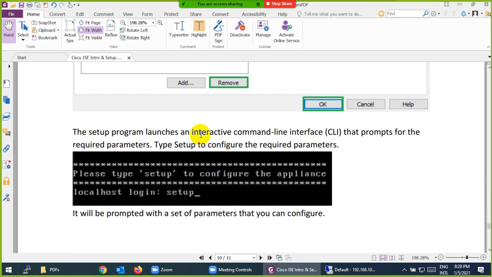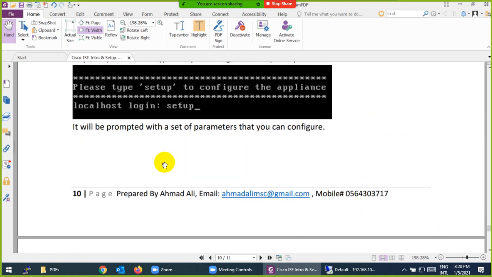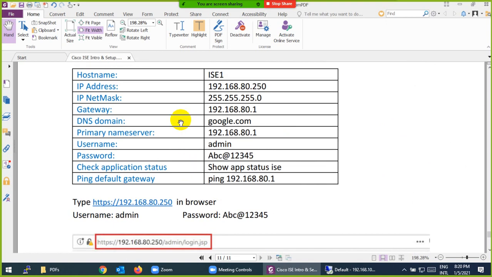Then I will start it, and when it starts, in the command line interface you need to type setup. It will show you at the top to type setup the first time. When you type setup, it will ask you for host name, IP address, IP netmask, gateway, DNS, primary name server, and username, which is admin by default, and you can put your password.